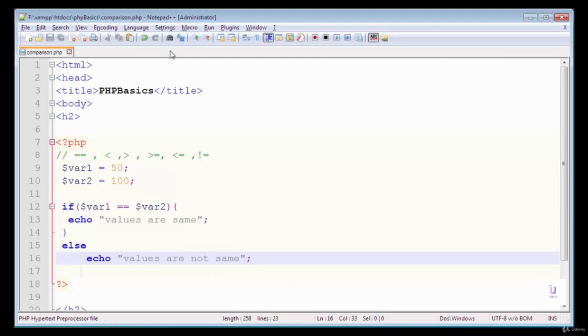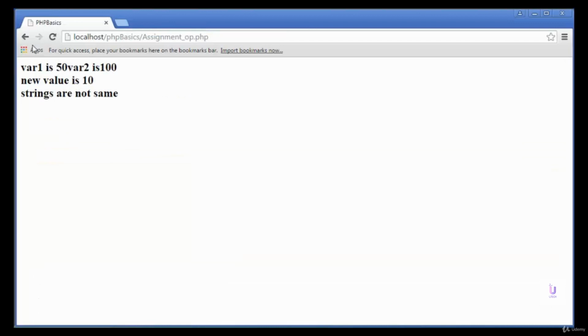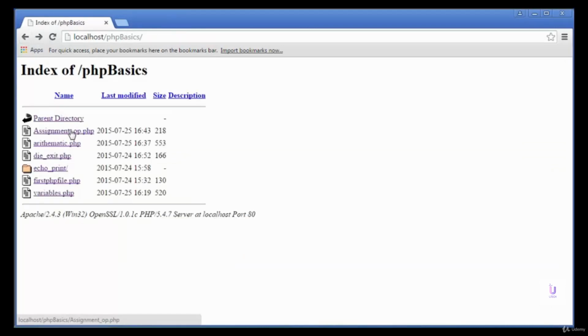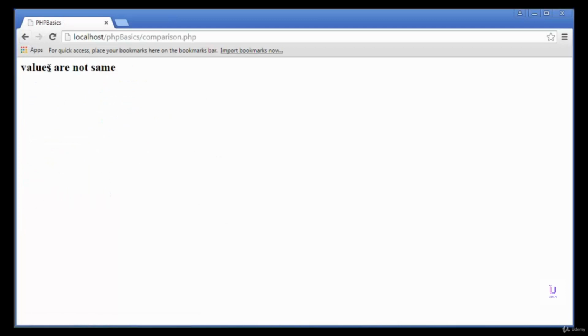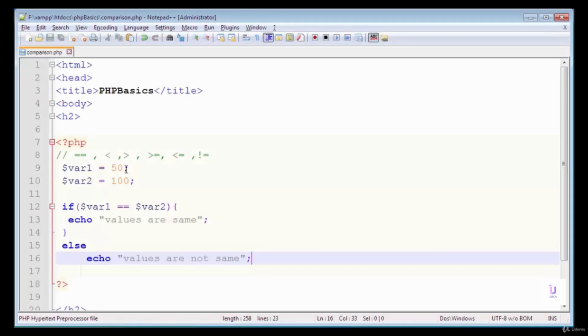Now I'm gonna save this file, open the web browser, refresh that, open the page PHP basics comparison.php.